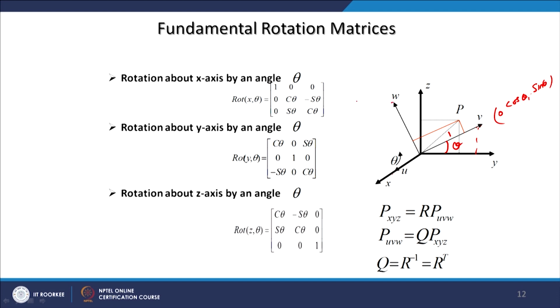And here we can see that the x value is the same because it is in the y z coordinate. The z axis has shifted to this position OW. It is in the y z plane. So, the coordinates of this W point are x is 0, y value is minus sin theta and z value is cos theta.